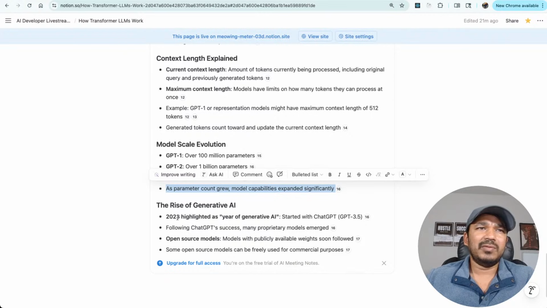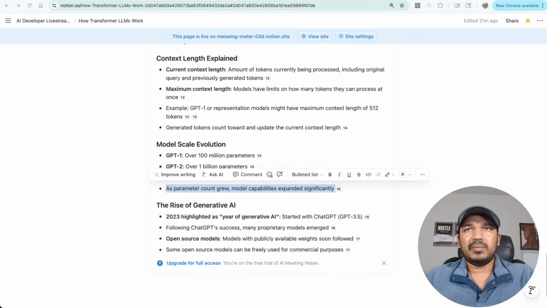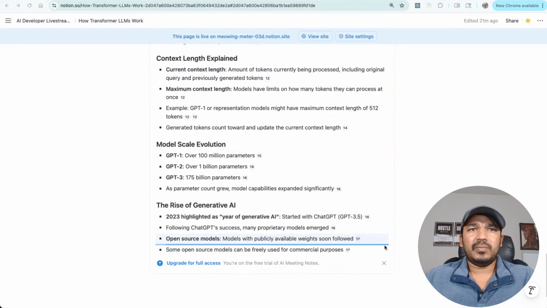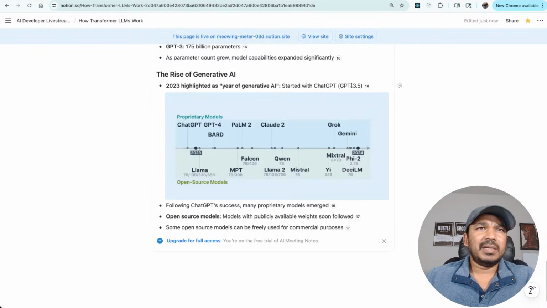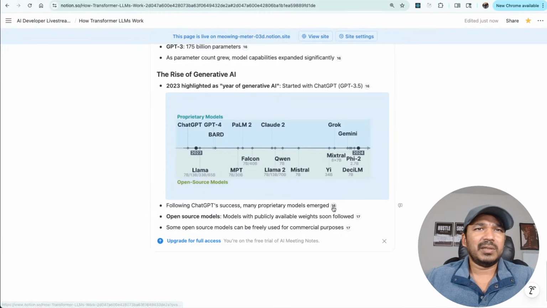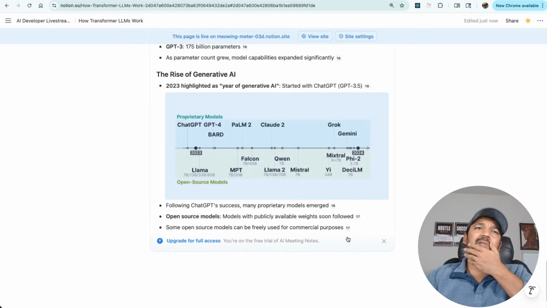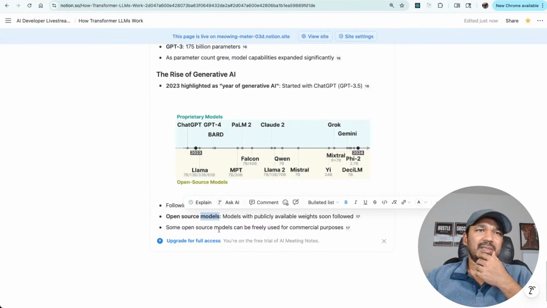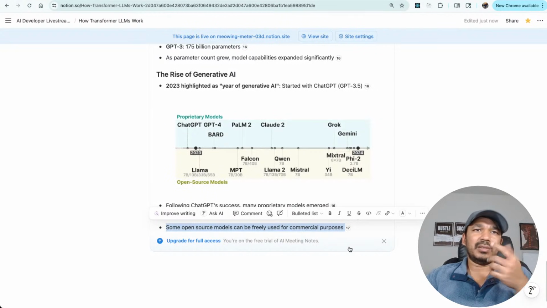The rise of generative AI: 2023 highlighted as the year of generative AI, started with ChatGPT, and I think there is a good representation for the same. Started with ChatGPT, followed by ChatGPT's success. Many proprietary models emerged, open source models with publicly available weights soon followed, like Llama, and also I think DeepSeek. Some open source models can be freely used for commercial purposes as well. So that's mostly about